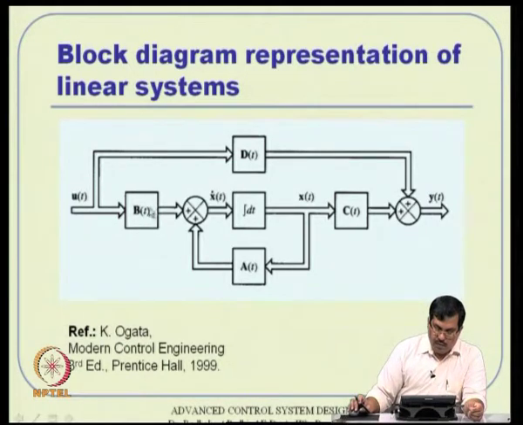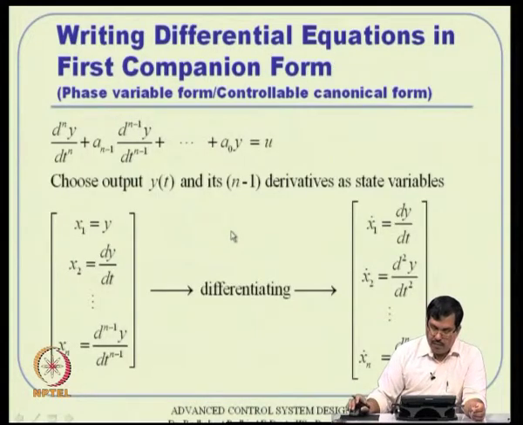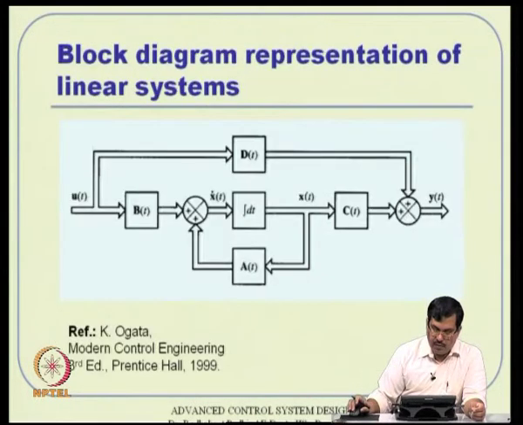Otherwise, if you suppress these brackets, this B of t, A of t and all that, you will get an LTI system anyway. But still remember, even if you suppress A of t, B of t, C of t and D of t, you will still be left with u of t, x of t and x dot of t. These are system variables that will evolve with time. Anyways, that is a philosophical representation of system dynamics.